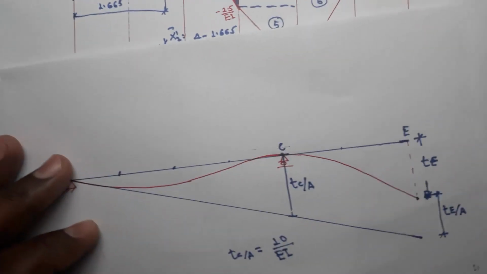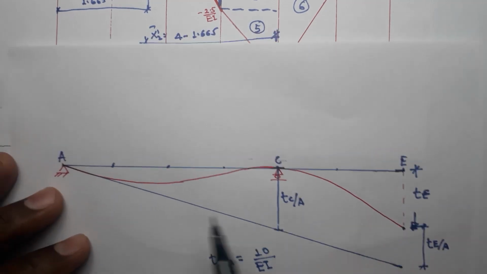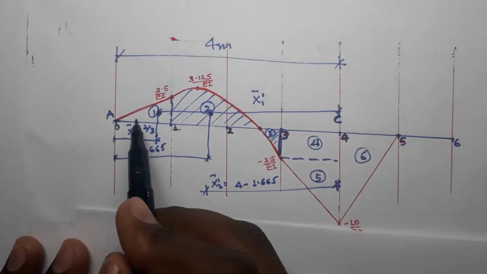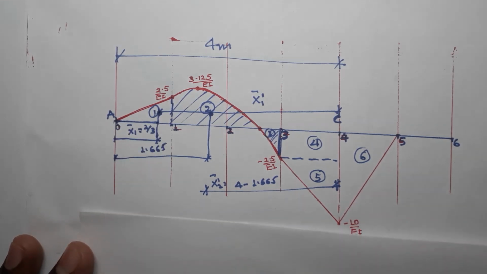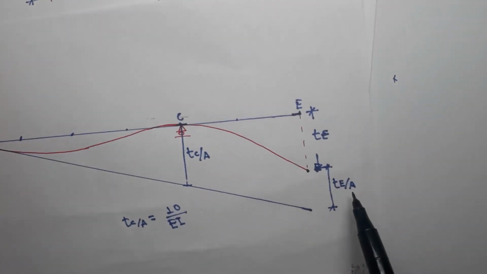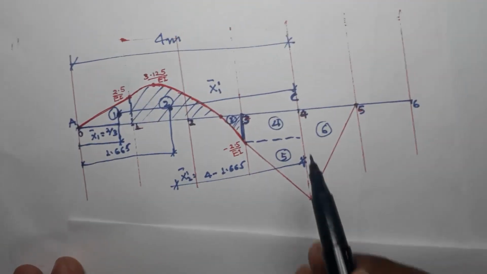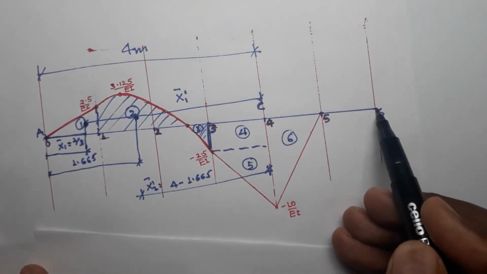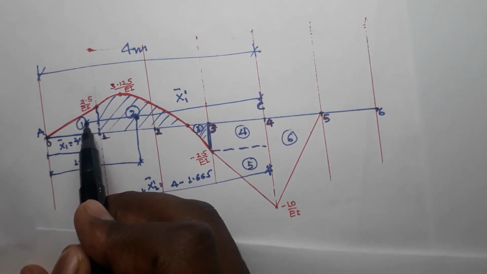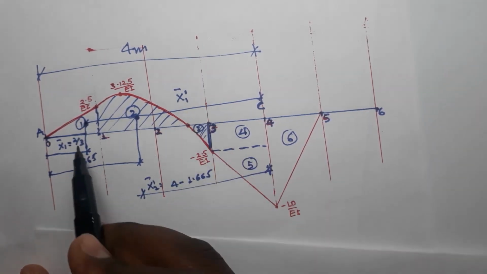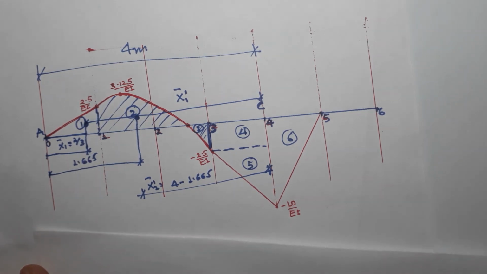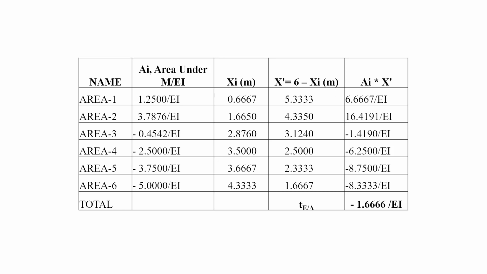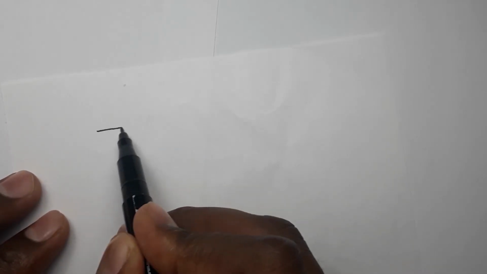of each area with respect to E. Okay, we know the area of each element. For example, for area 1, we know that it is from here up to here, it is 2 over 3. But for TE with respect to A, we will measure from this point E up to here. So it will be 6 minus 2 over 3. So in this way, I have done all the calculations, and it is put here in the table form. Now,